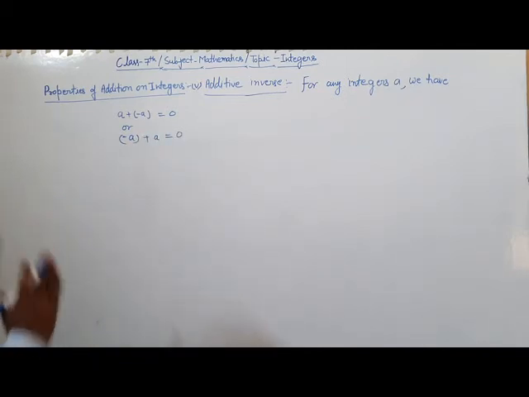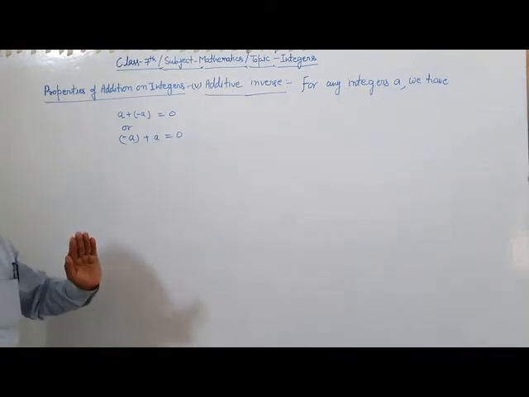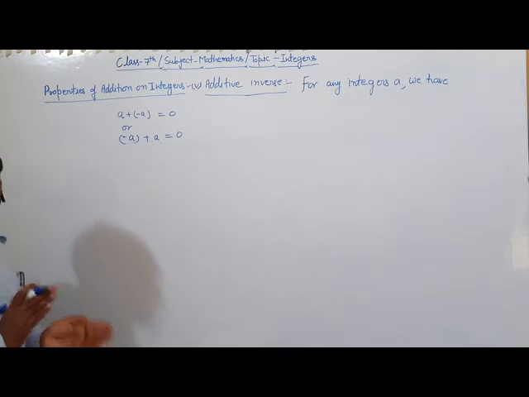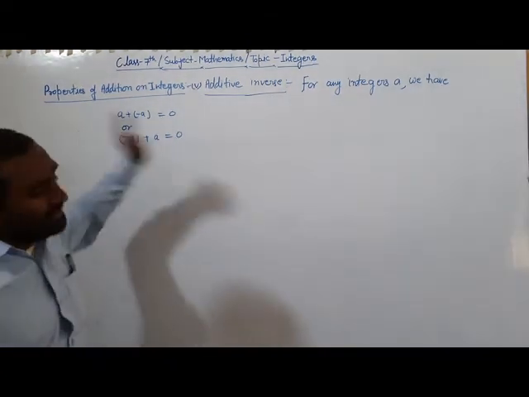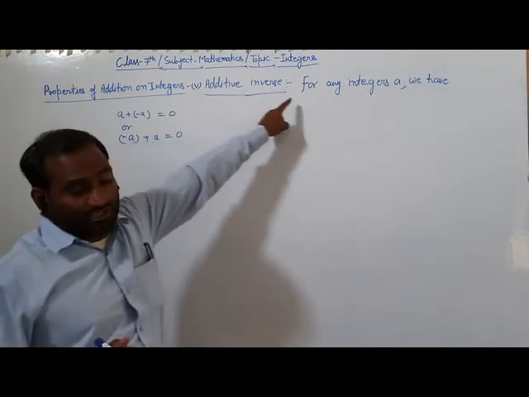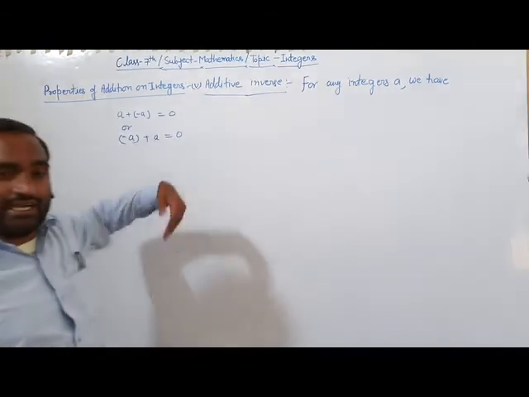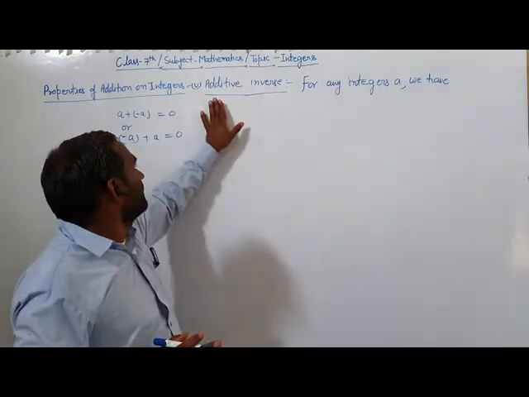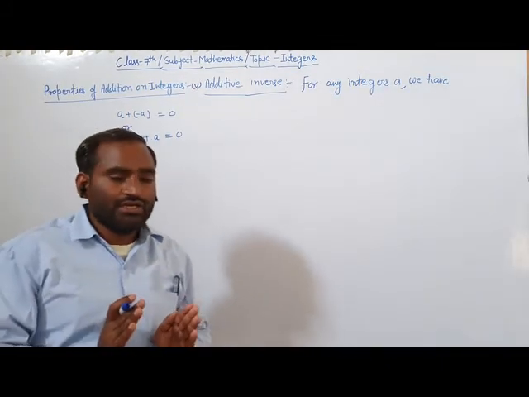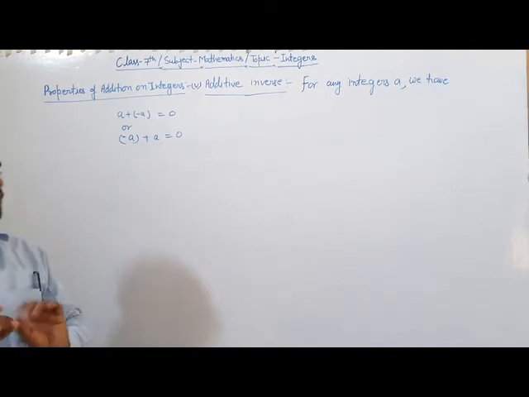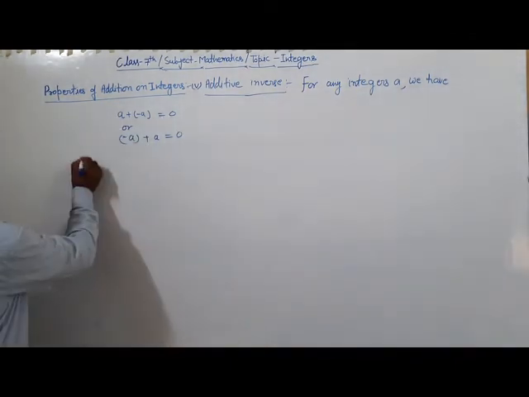If any integer is given, then the negative of that integer. If a positive integer is given, then the negative of that integer is called the additive inverse. If a negative integer is given, the positive of that integer is the additive inverse. किसी भी इंटीजर्स का यदि कोई पॉजिटिव इंटीजर्स है तो सेम वैल्यू, सेम न्यूमेरिकल वैल्यू होगी, बट साइन चेंज हो जाएगा. For example,